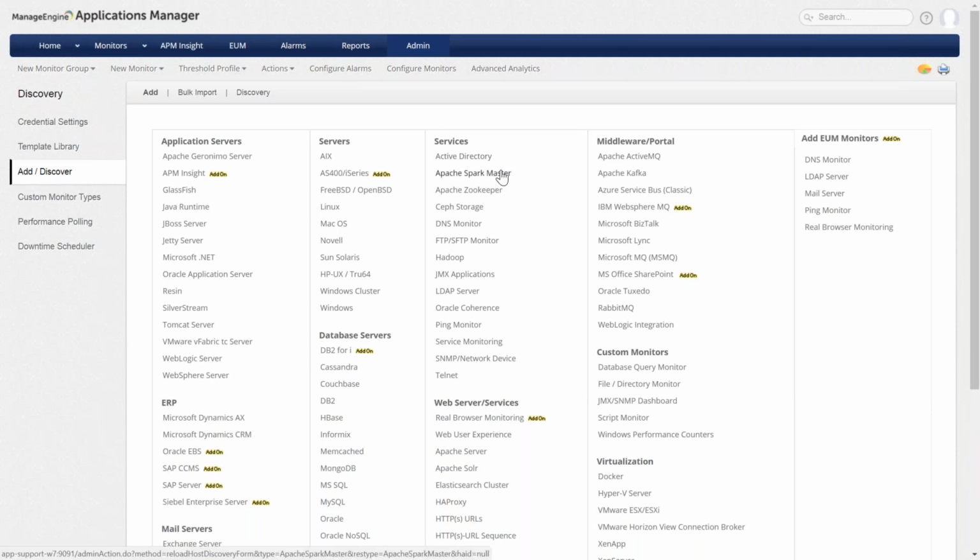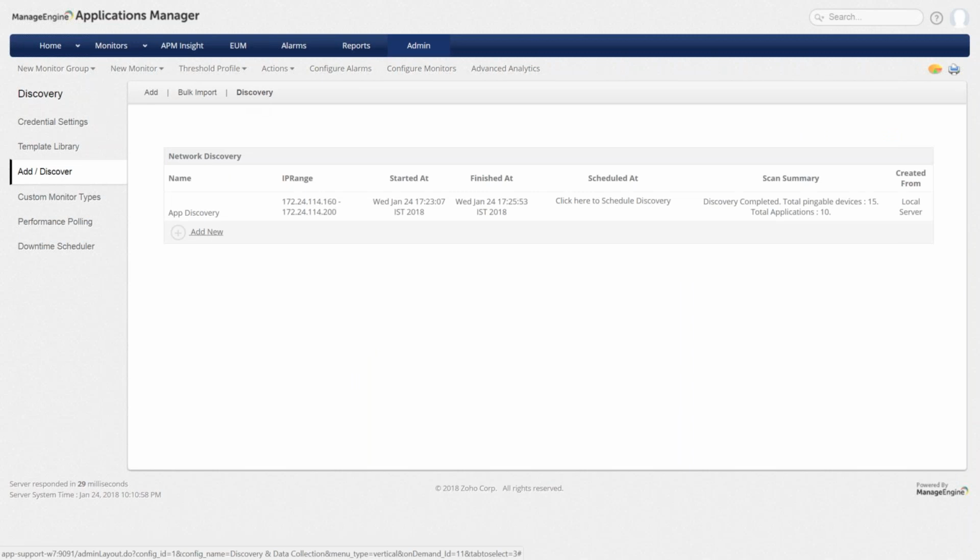That is well beyond over 100 different types of monitors. What I'm going to do now is click on this discovery tab right here, which will take me to the discovery page. So I'm going to discover some devices now. That requires me to click on this option right here that says add new,